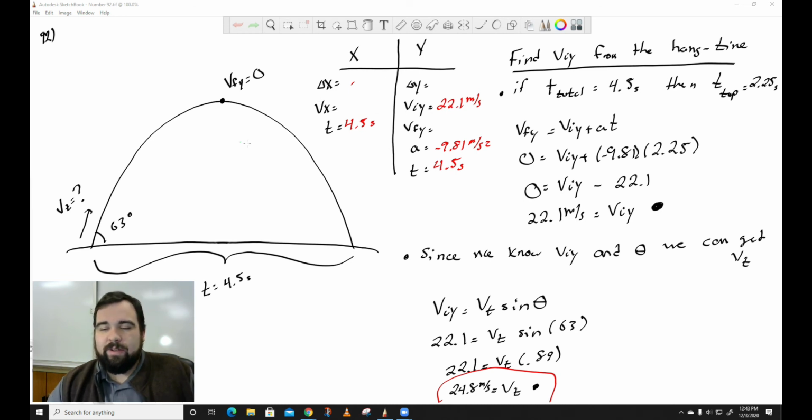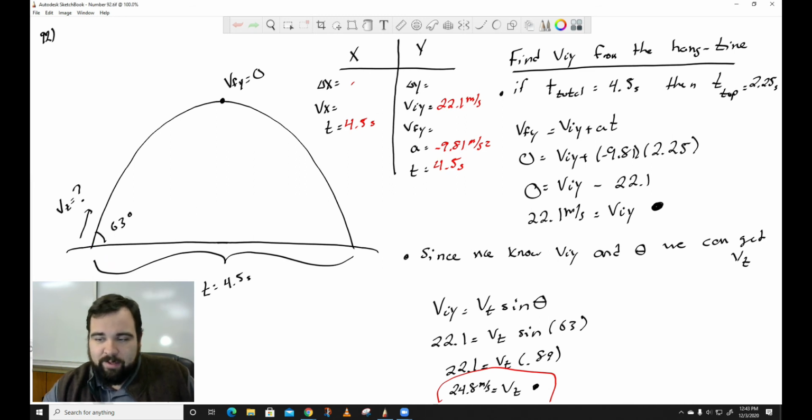We only know that the angle it is kicked at is 63 degrees, and the total hang time of it is 4.5 seconds. So with that information, how do we get around to what VT is? Okay, so let's see what we can find with that. If we know what the time is, 4.5 seconds from when it gets kicked to when it lands,